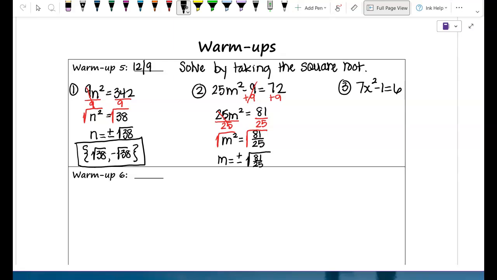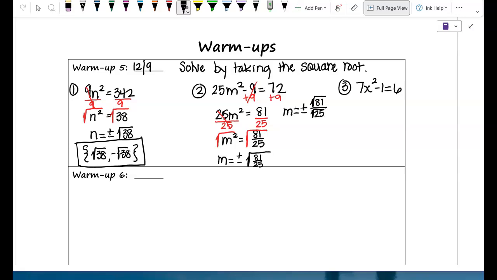Now, if you were to put that in your calculator, it's going to give you a decimal back possibly, or depending on which calculator you have, it will give you the fraction. But when you are taking the square root of fractions, you take the square root of the numerator and the square root of the denominator separately. So this is the same thing as saying m equals plus or minus square root of 81 divided by the square root of